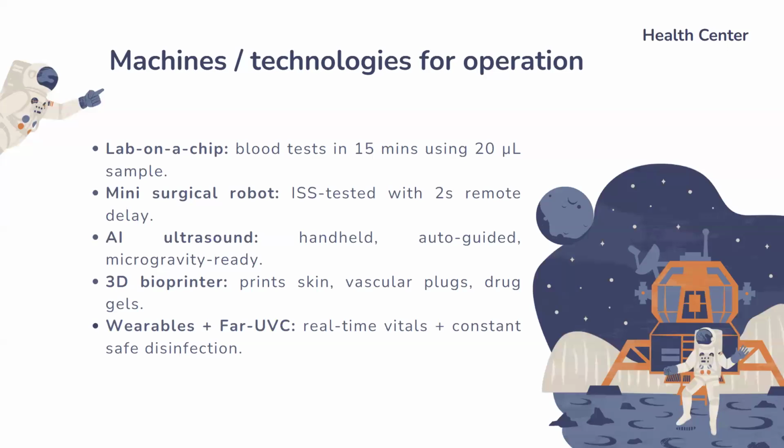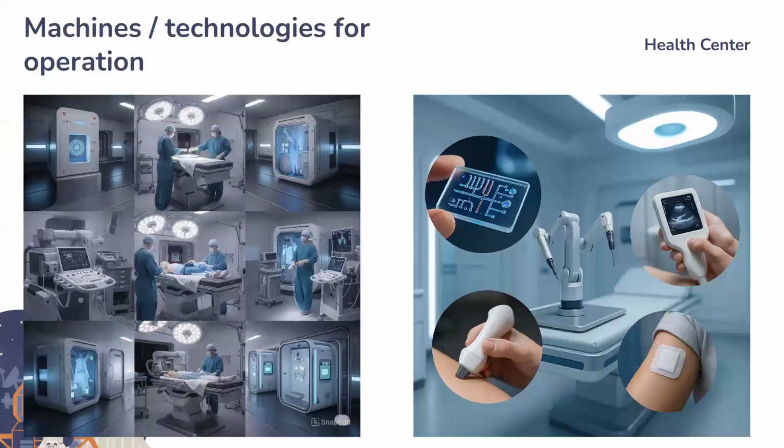And then at the end, the far-UVC ceilings and the wearables. These emit 222 nanometer light, which can destroy viruses and bacteria while being safe for continuous human exposure. Studies on Earth and in microgravity confirm its microbial efficacy without human tissue damage. And wearable vital patches can be integrated into astronaut suits, and they can sense continuously and record heart rate, SpO2, temperature, and even galvanic skin response as a stress metric.